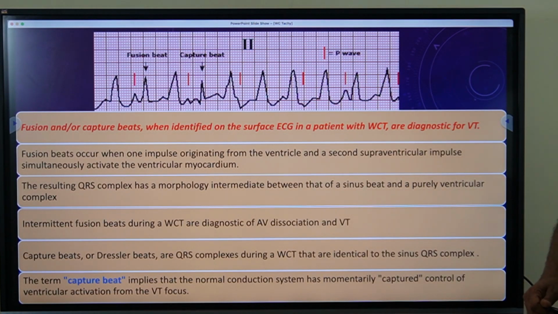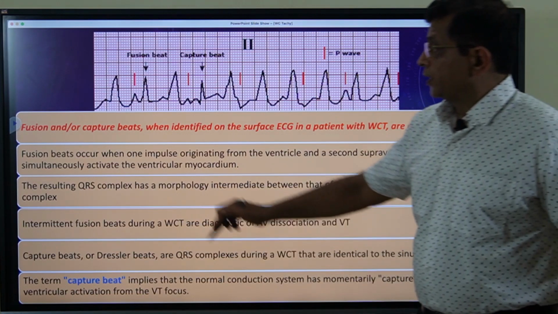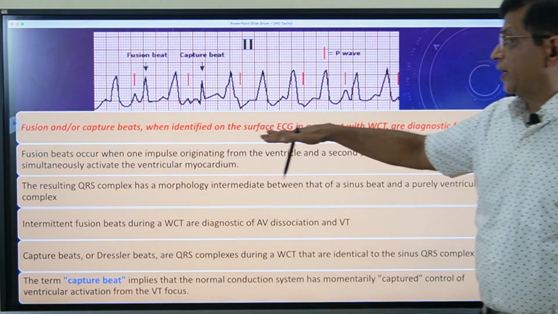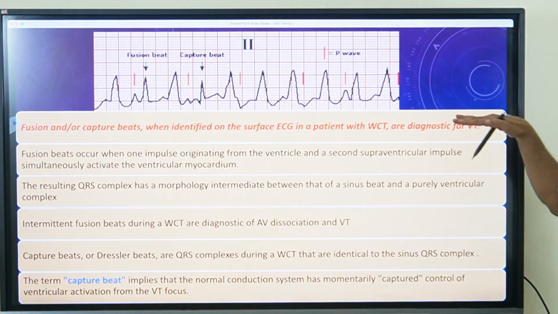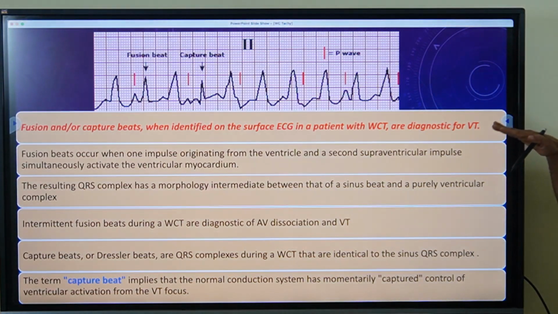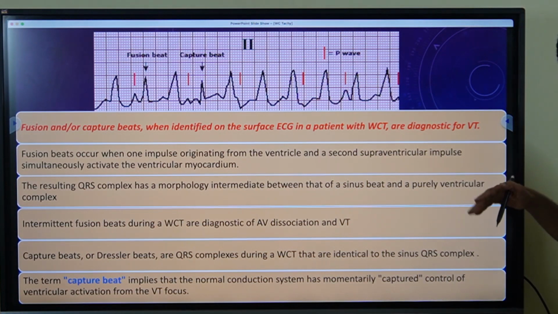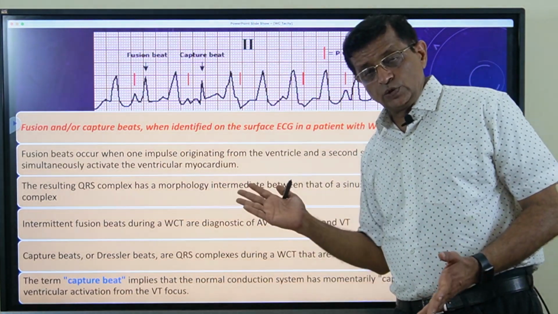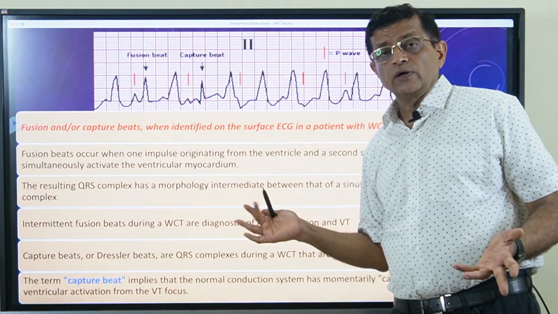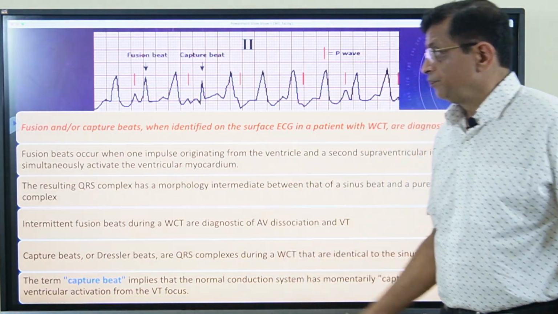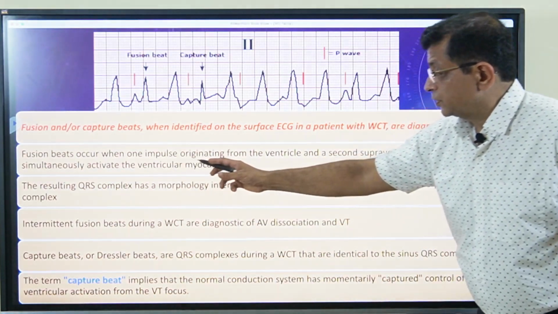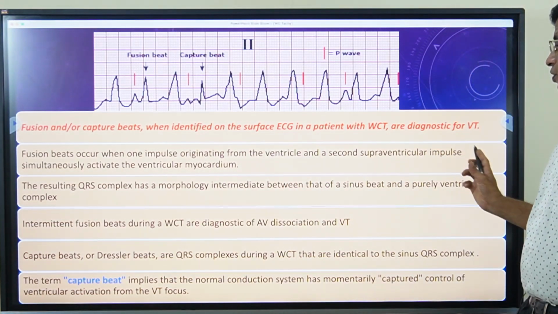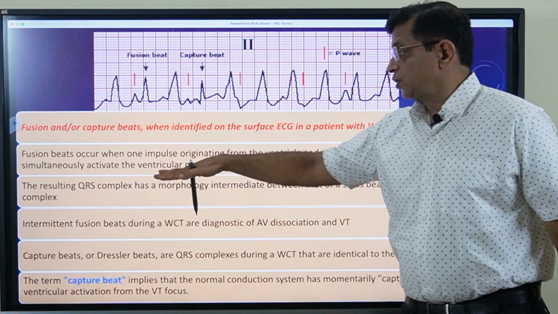This is a repetition slide. Again, fusion and capture beats when identified on surface ECG in a patient with wide complex tachycardia are diagnostic of VT. So when you see fusion and capture beats, that means this is AV dissociation and this wide complex tachycardia is VT. Fusion beats occur when one impulse originating from the ventricle and a second supraventricular impulse simultaneously activate the ventricular